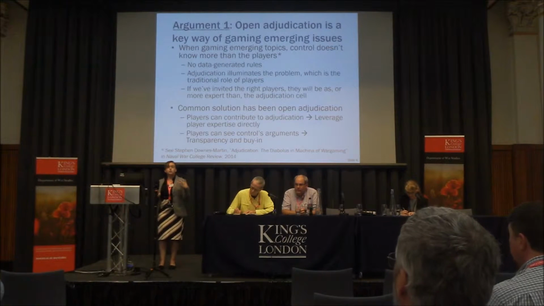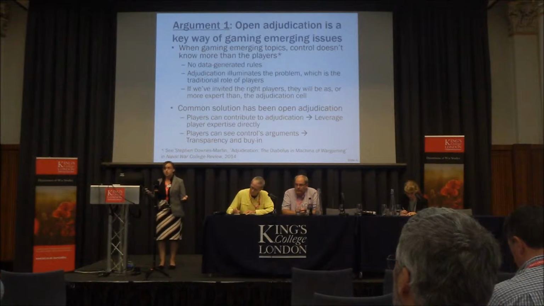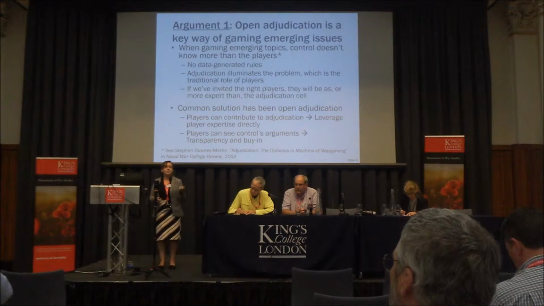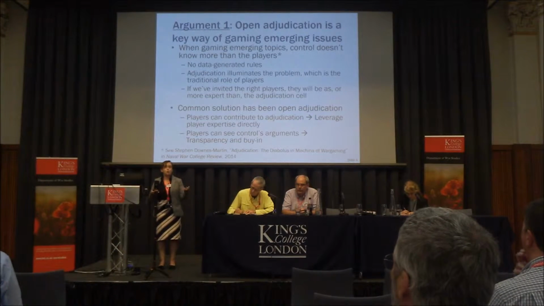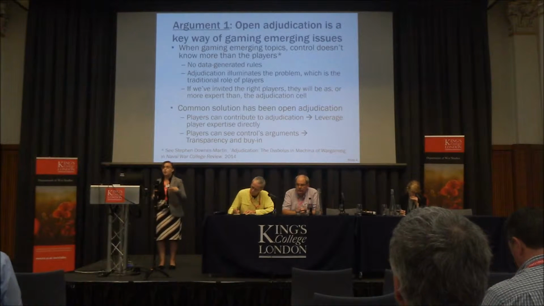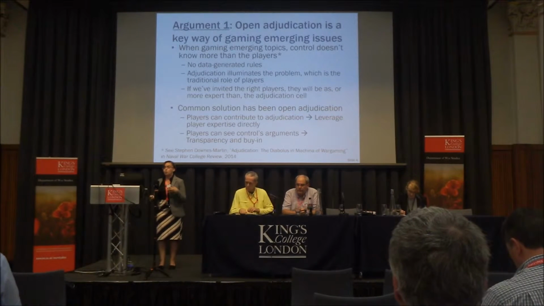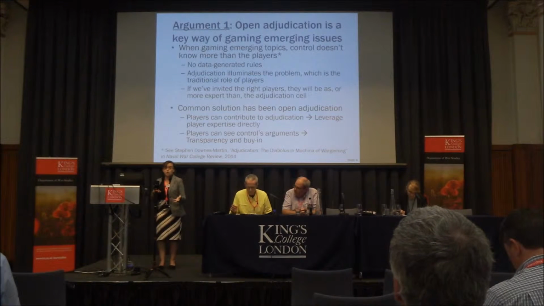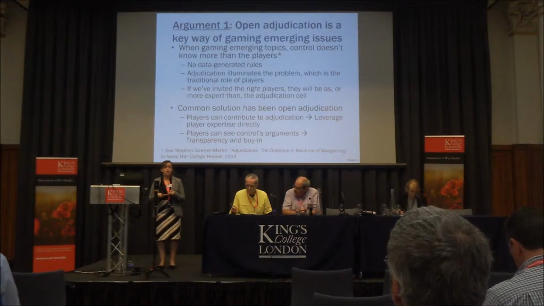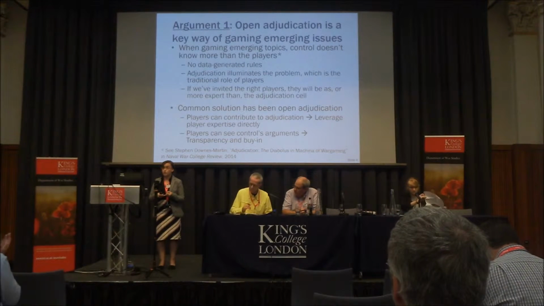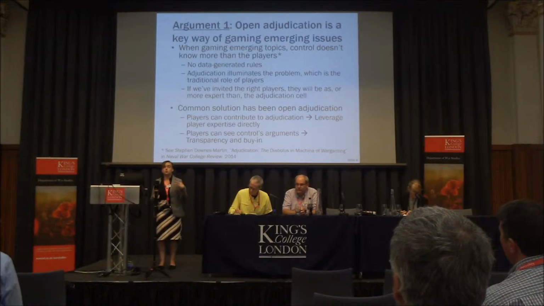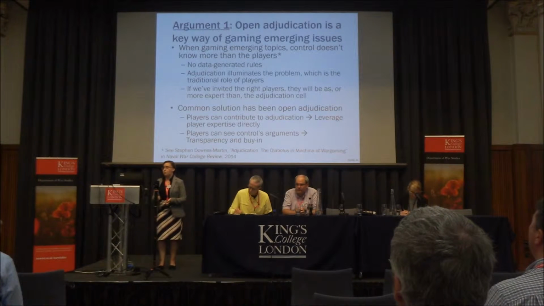But one of the common solutions I'm seeing is, well, let's open up adjudication. Let's allow players to interact with the adjudicators. Let's allow players to say, hey, I think that your probabilities are off. I think the units don't behave the way you think they do. I don't think the political structure works the way you think it does. So they have input into the process. That buys you leveraging a player's experience very directly, but it also buys you transparency. That helps both in terms of having players believe that your results are reasonable, that you're not just making things up to mess with them, but it can also help when you go into analysis. You have a much clearer track record. These are all things that I think are pretty obviously beneficial.